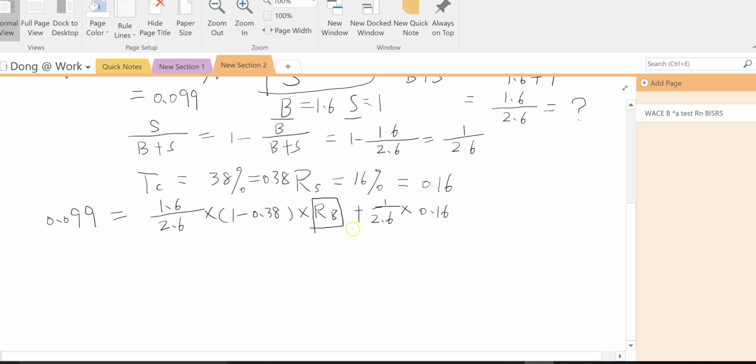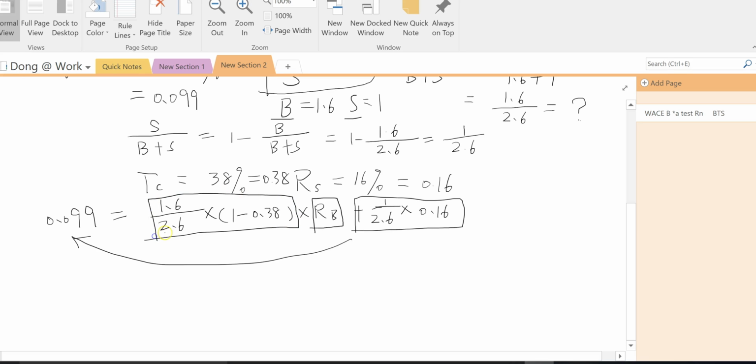How do we do that? We move this term to the left-hand side, and then we divide both sides by this chunk. This basically is the coefficient on RB. So to save some time, I just write down the final expression for that. So this is gonna be 0.099. When we move this to the left, this becomes a minus sign: 1 over 2.6 times 0.16, and then divide this by this chunk,